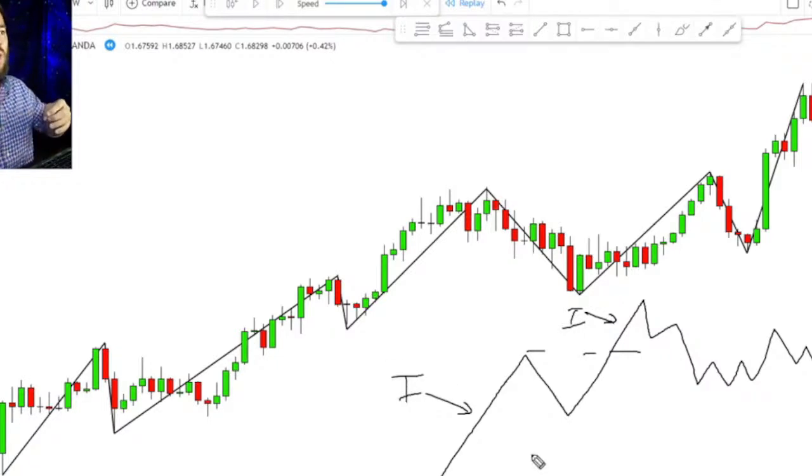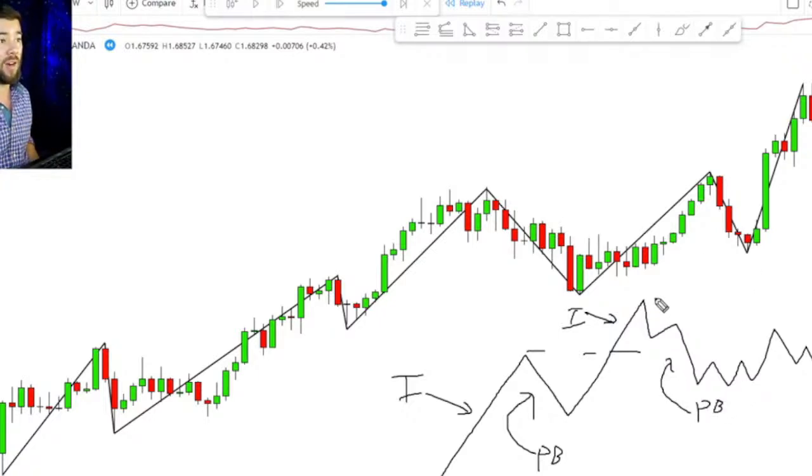After an impulsive move, the market takes a breather. We call that our pullbacks. These are our pullbacks in price. This would be a pullback, followed by our next impulsive move that breaks a high right here, impulsive move, and